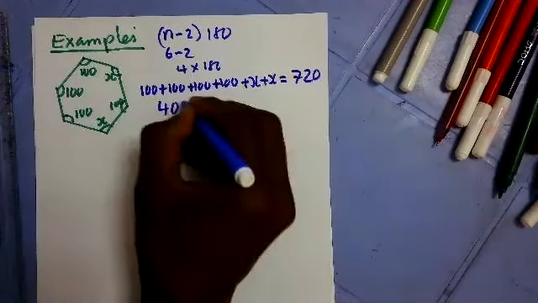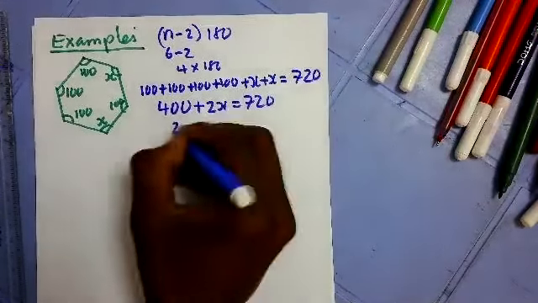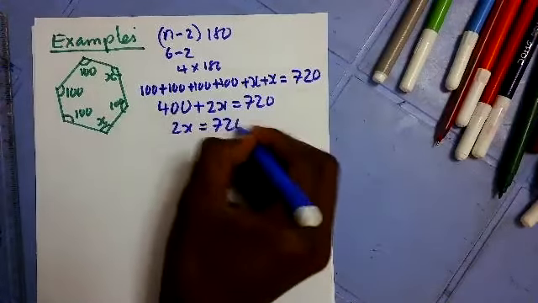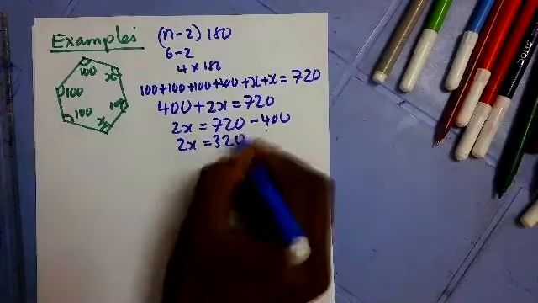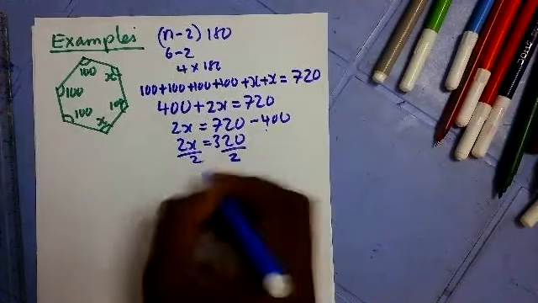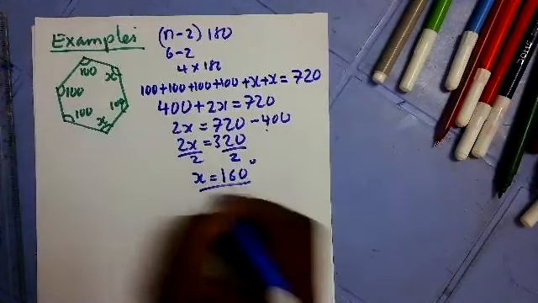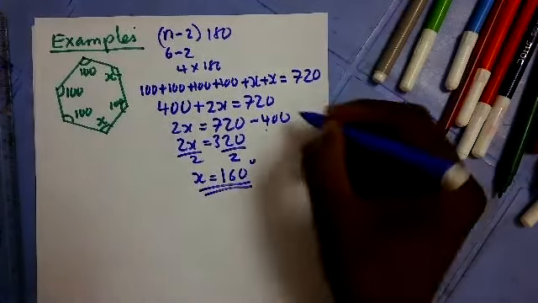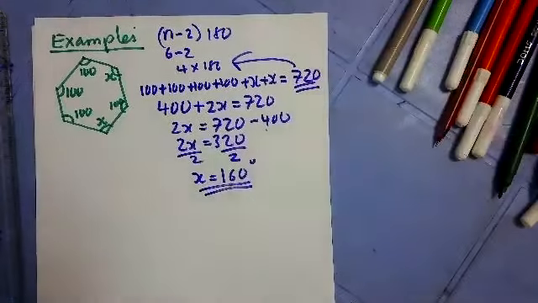So I get 400 plus 2x is equal to 720. So 2x is equal to 720 minus 400. So 2x is equal to 320, over 2. I get my x is equal to 160 degrees. This is how we solve that kind of question, by first finding the interior